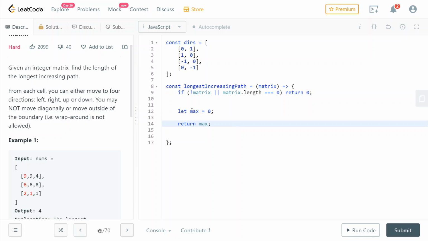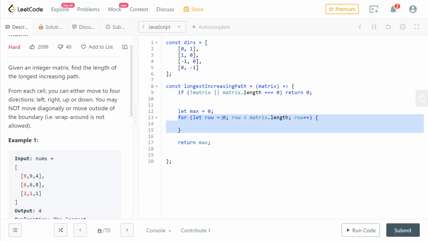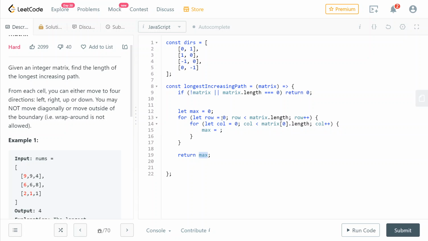So now we need to compute and update this variable to reflect what actually is the longest increasing path. To do that, we're going to have to loop through all of these cells and start a depth first search from all of them. The way to loop through each cell in a matrix is to loop through each row, done like this, and then loop through each column, like this. And now I'm going to have to update the max variable with the mathematical maximum between the max variable and an expression. And my expression is going to be my depth first search, starting from this row and this column,